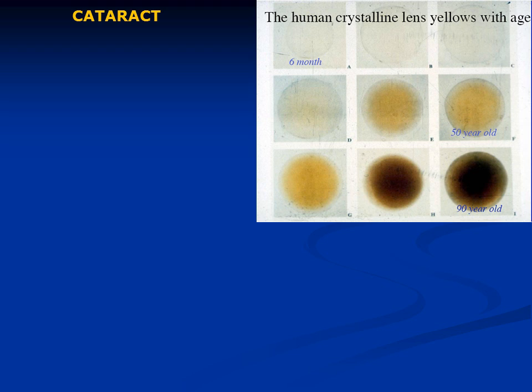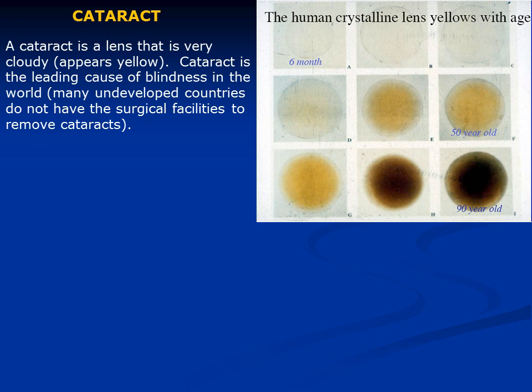Onward and upward here, cataract. You guys have heard of cataracts, I'm sure. Well, cataract is simply when the lens that you're born with, which sits right behind your iris, becomes very cloudy. It actually yellows with age, and that's just the denaturing of the proteins that make up